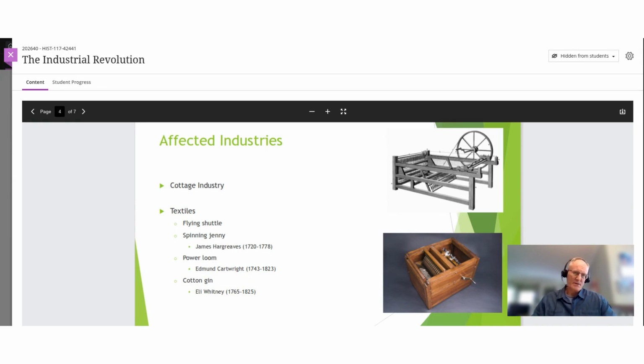This worked, as far as the status quo was concerned, prior to the industrial age. But what happens with industrialization is that new inventions began to accelerate the pace of production beyond the means of individual cottages, individual households to be able to turn around product in a timely manner.